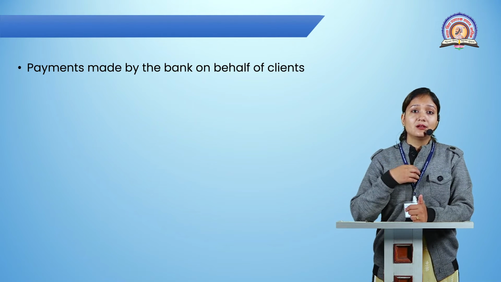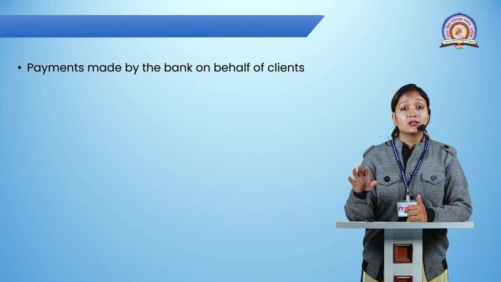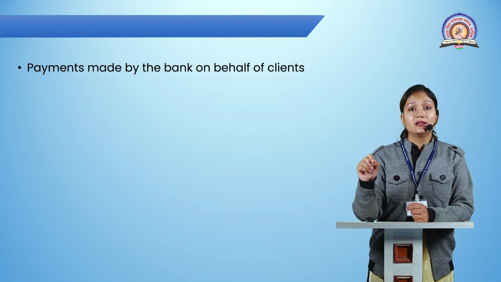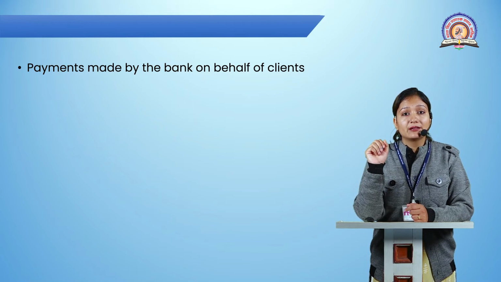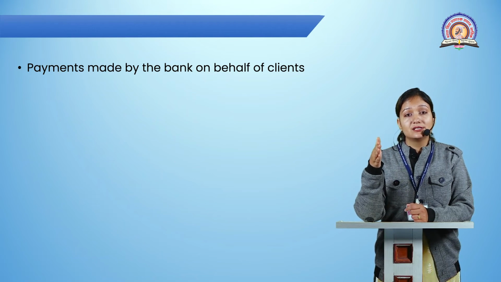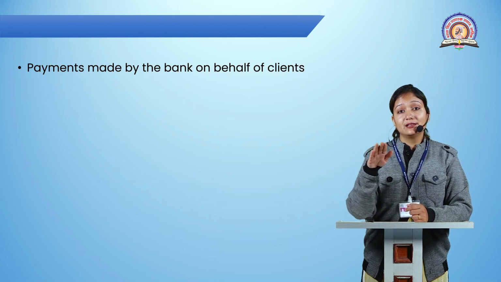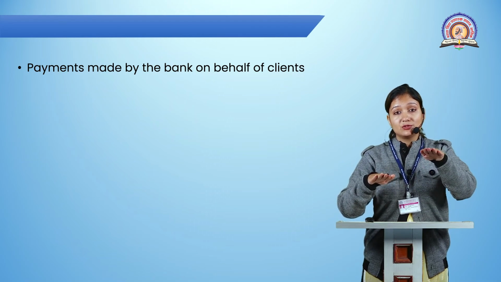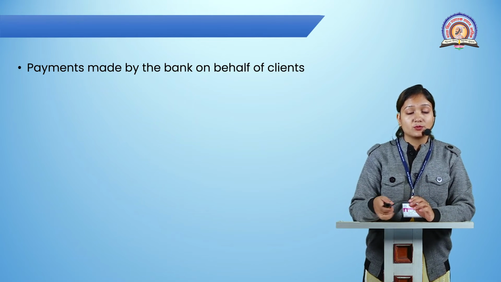Suppose, for example, I have 10 clients and I'm going to make a payment for my 10 clients. But I have given the instruction to the bank that on this date, please do the payment of my clients. So what will the bank do? The bank will do the payment on time because the bank knows this date is given by the customer. So the bank will do the payment, but suddenly when the bank does the payment, your passbook balance goes down, but your cash book is here only. So again, there is a difference between cash book and passbook.